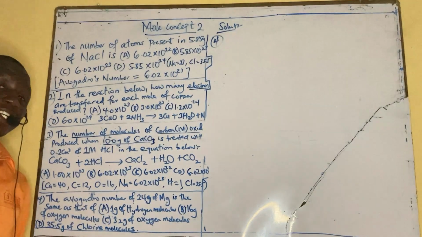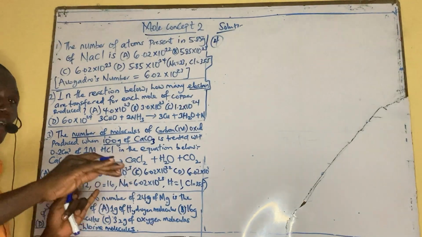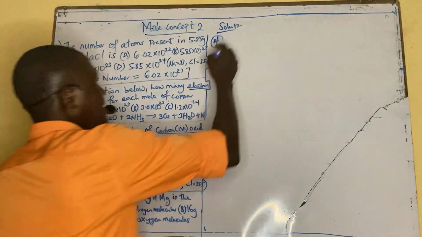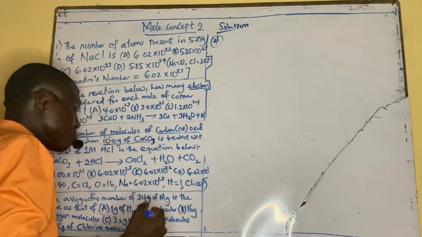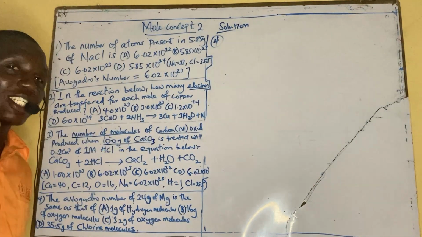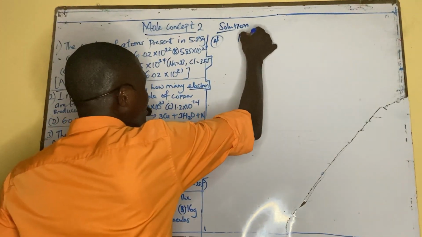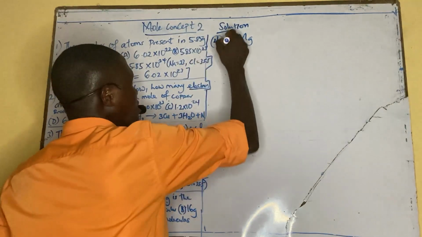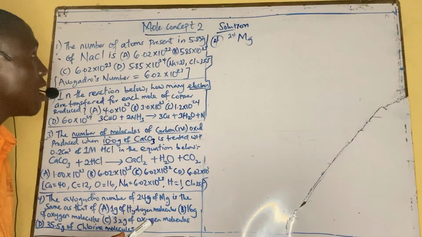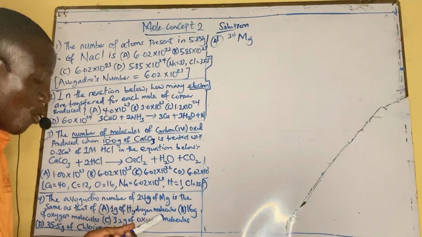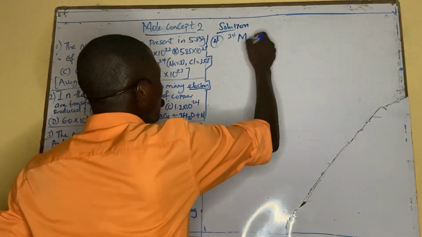This is a technical question. We said Avogadro's number of 24 grams of magnesium. Now, you have to understand this very, very well. The Avogadro's number of 24 grams of magnesium is equivalent to one of these. Now, magnesium has the atomic mass of 24. And we say that 1 mole, listen, 1 mole